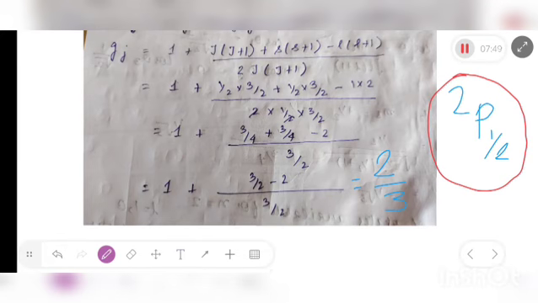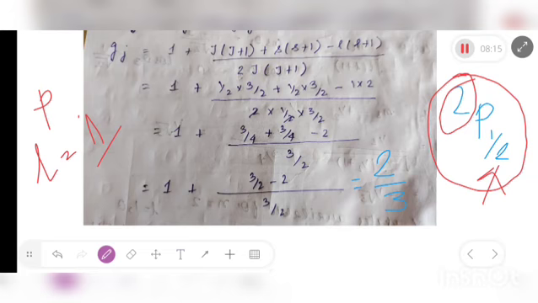So L equals what? L equals 1, correct? Since here it is given P state. So for P state L equals 1. Correct? And this is the value of J, that is the total angular momentum. And since this is given 2, this 2 equals 2S plus 1. So if 2 equals 2S plus 1, we can get from here S equals half.